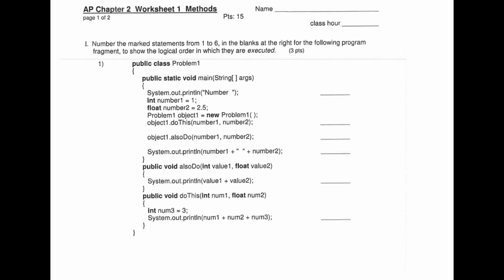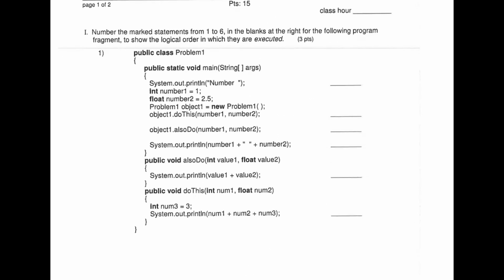Right, so here we have our student, our coding by hand here. The first thing we want to do is figure out the order that this code is going to run in, following where we go, line by line, and what's happening. So remember, Java's always going to start at the public static void main line of code, and it's going to run this